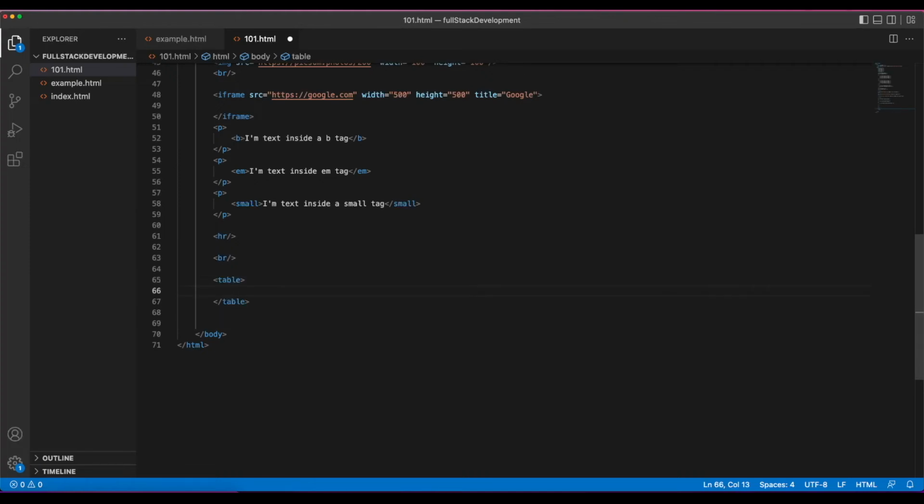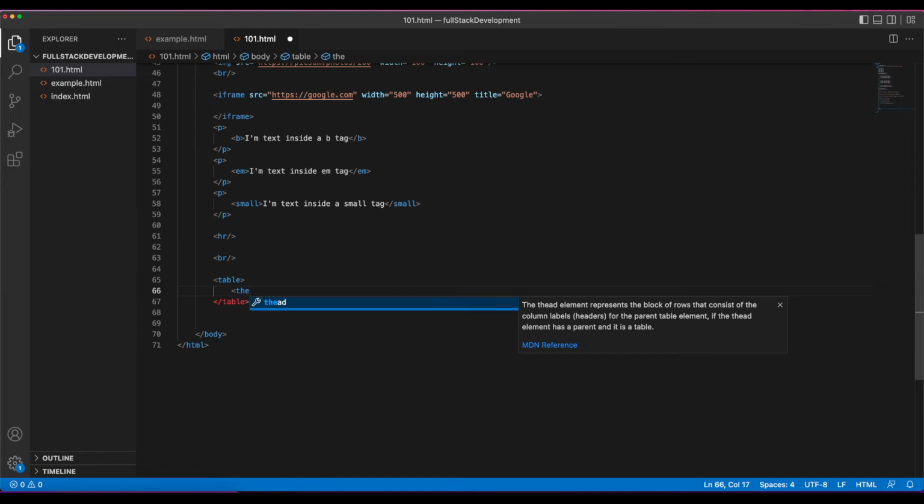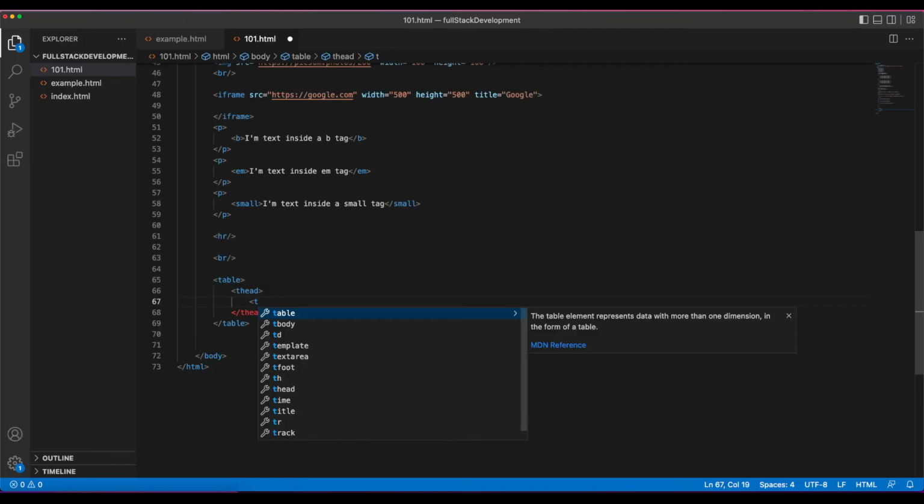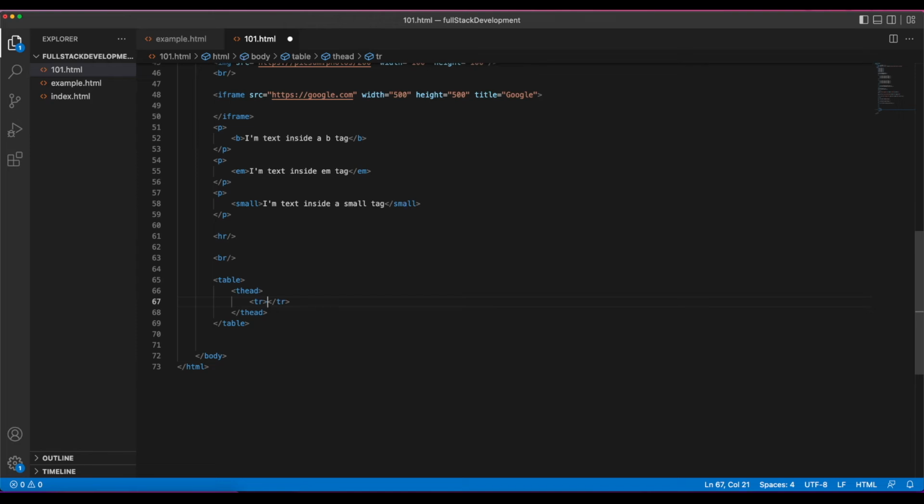Inside the table, we have the T head opening and closing tag, which will basically be the table headers. In those table headers, we have a row, a table row, TR, which is an opening and closing tag again. And inside the TR, we have table data, I think, but it's TD anyway. TD, and inside TD we'll have,